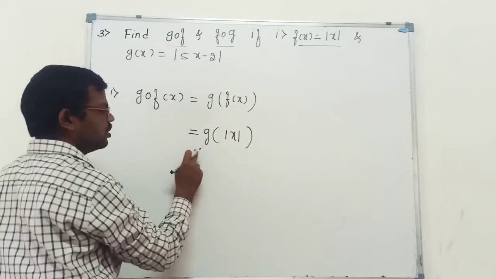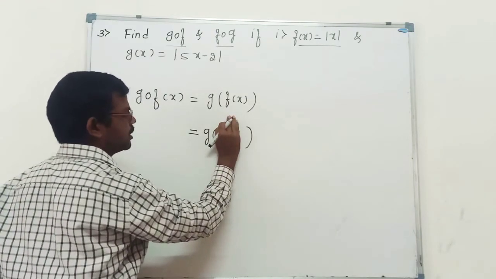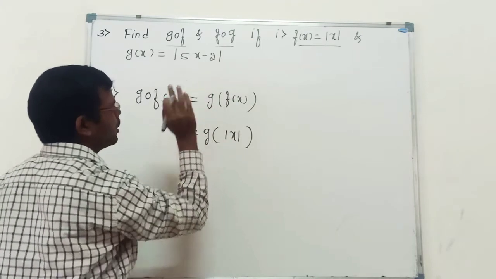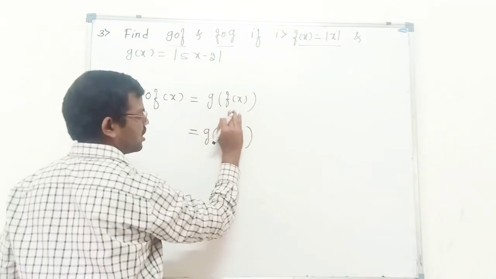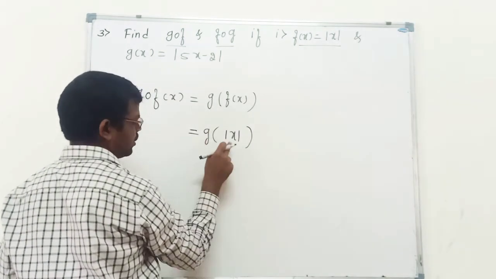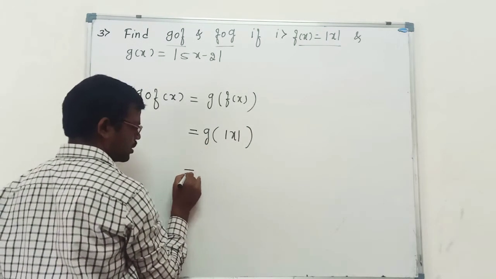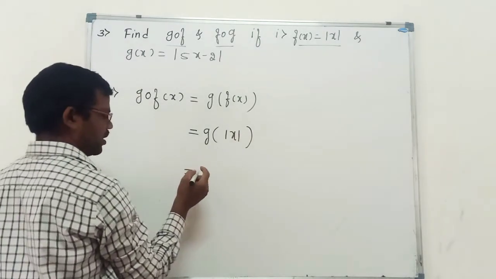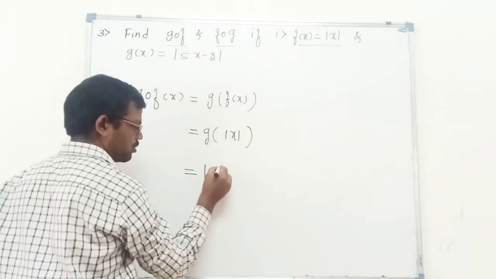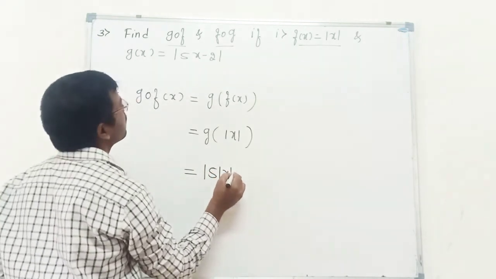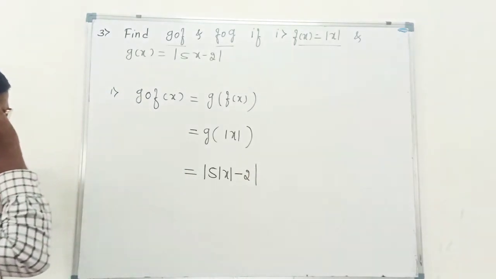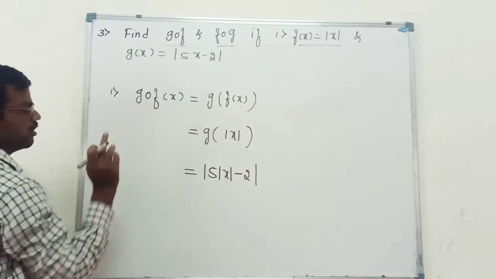So now g of x we got. It is a x. G of x, what is the definition? We have to use where there is x, we have to put this. Where there is x, for g of x, there we have to substitute. So what is the g of x? G of x is mod x. So minus, there is no x, remaining we have to keep as it is. This is g composition f of x.